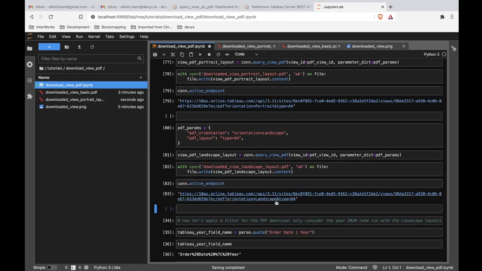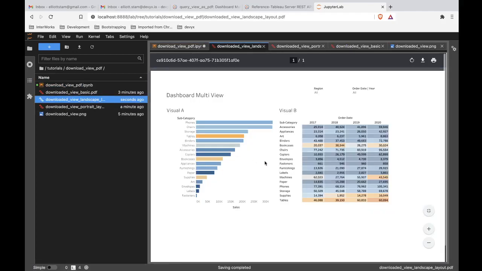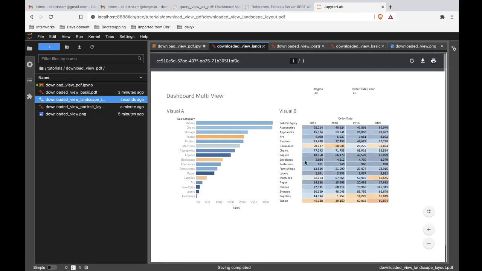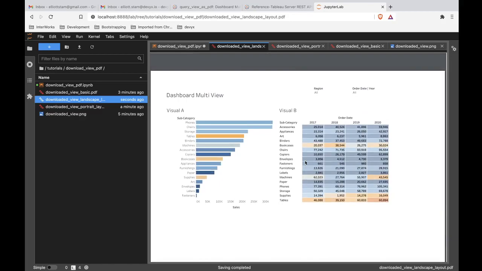You can see down here in the modifying the URL endpoint that now orientation is set to landscape. We also just made that change up here in the PDF parameters that we set. So if we take a look at this, we can see now that we have this kind of wide and short view. So that's that difference between portrait and landscape. All right, so we now know how we can modify the look and feel of the PDF, but let's also